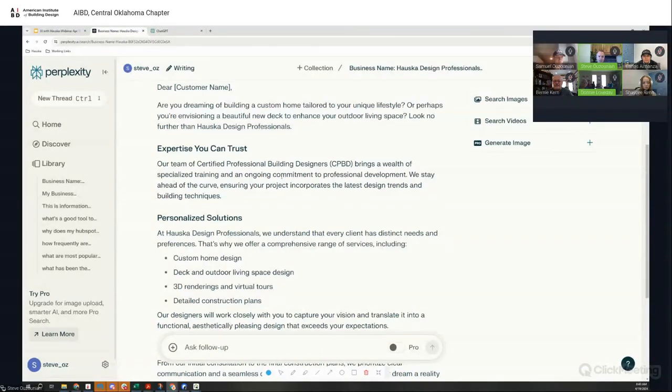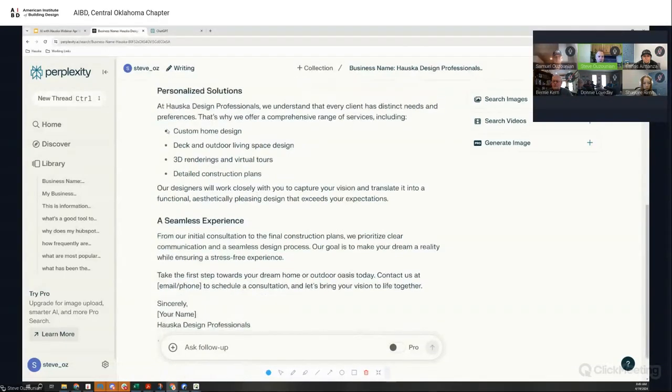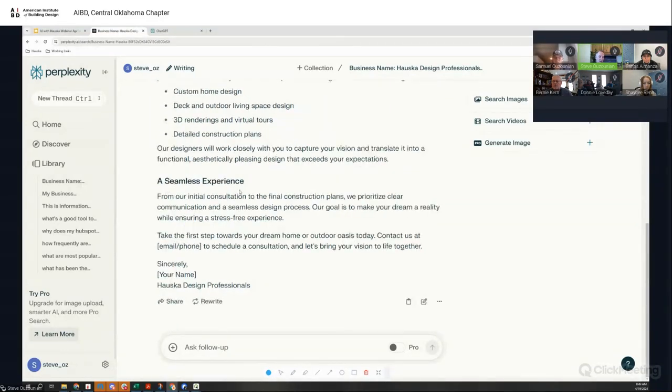Right. So it basically says, you can trust us because we are CPBD certified designers. We bring a wealth of specialized training. We stay ahead of the curve. We provide professionalized services. Right, it is talking about all the things that I told it we do. It says we have a seamless experience, and then I might want to say something like,